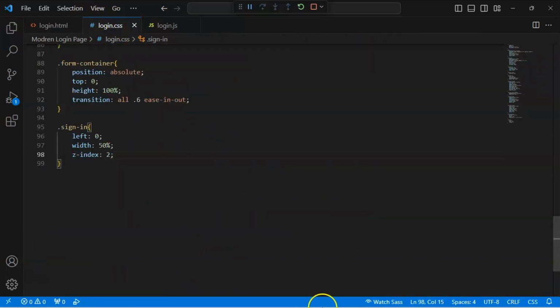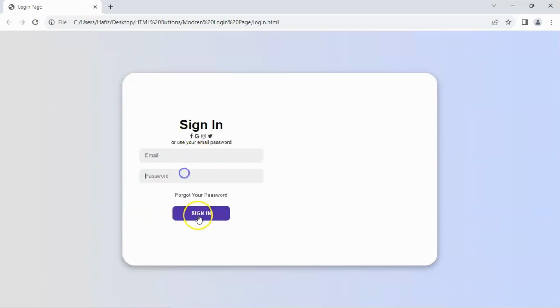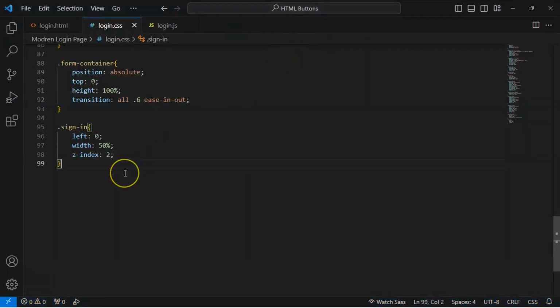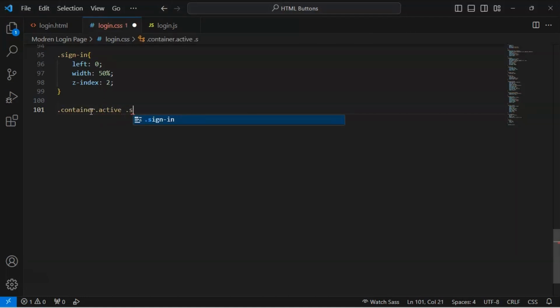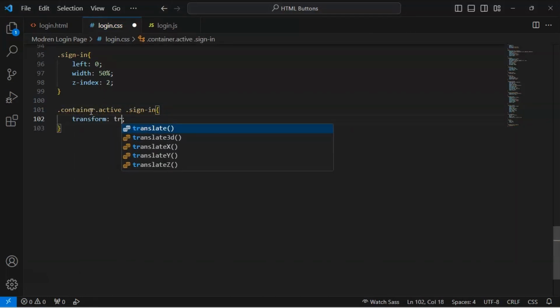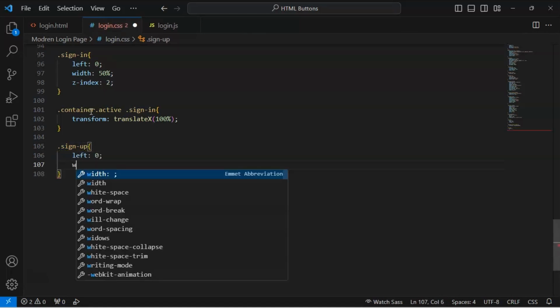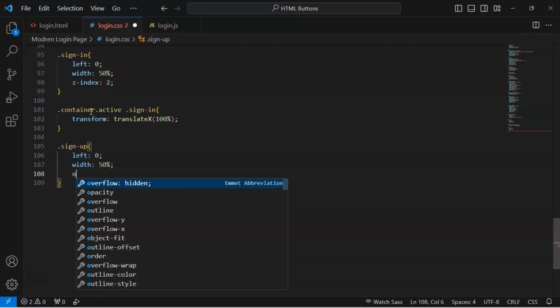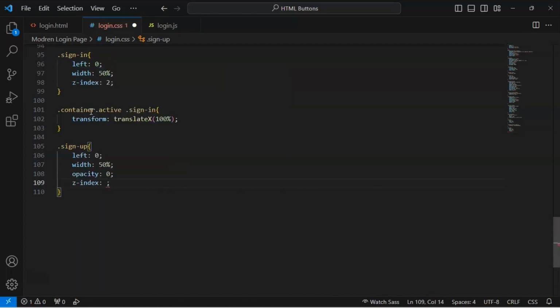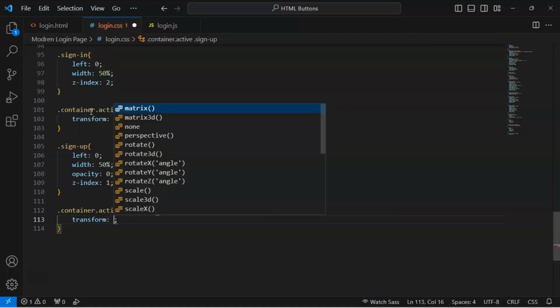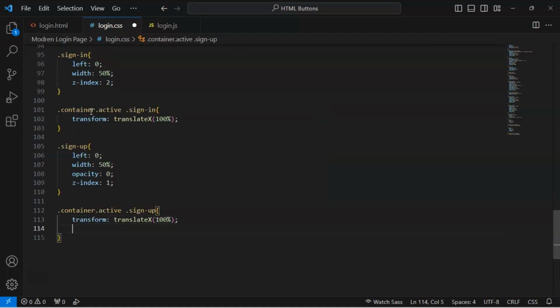Now okay, this button sign in, the name of this class is sign in. Okay, now select style for container.active .sign-in, transform translateX 100%, sign up, left 0, width 50%, opacity 0, z-index 1. Select style for container.active and sign up, transform translateX 100%, opacity 1, z-index 5,